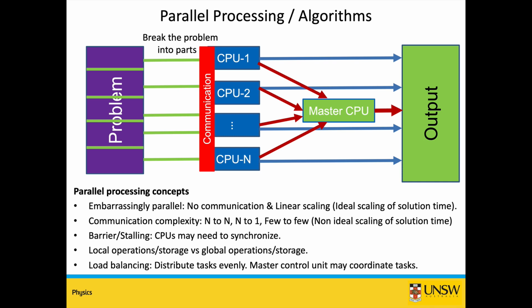And there can be different levels of communication complexity. All n processors can talk to all other n processors, which is very high communication complexity, and you want to avoid such communication. Or you can have n processors communicating to one processor. This is the second case that I showed. All the n CPUs are sending their data to a master CPU. This is an n-to-1 communication. Or you can have local communication, a few processors talking to only a few other processors, but not all other processors. You can control these things in your code. You can define which processor is talking to other processors.